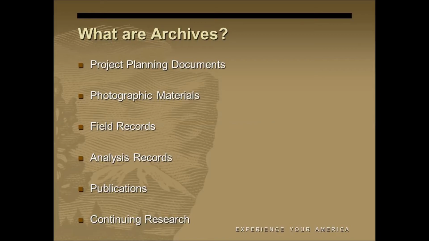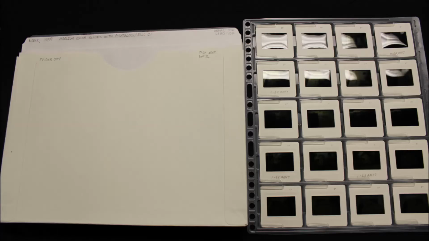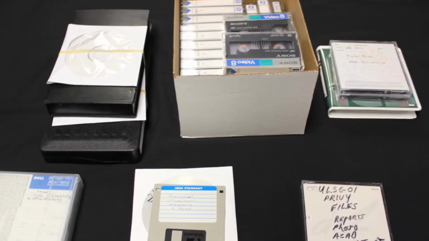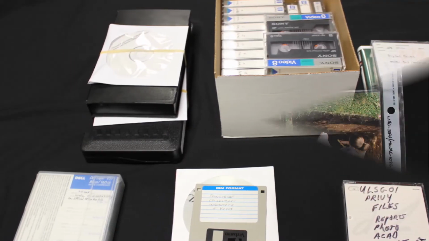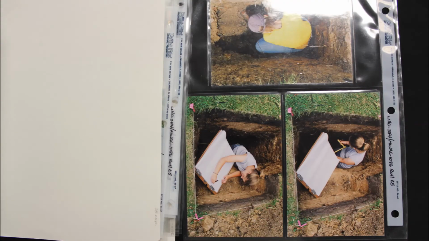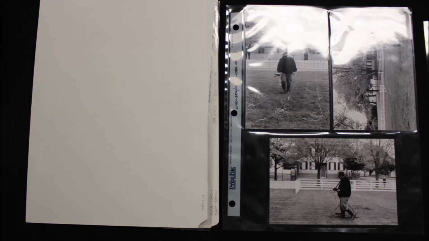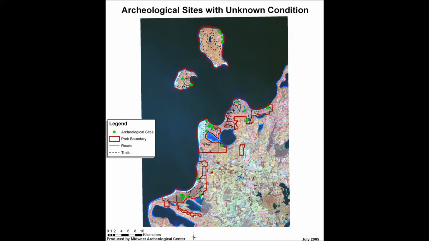There are 6 general types of archives. They include project planning documents, such as relevant historical research, work plans, and related correspondence; photographic materials such as film, video, and aerial footage documenting digging conditions, soil profiles, crew composition, and artifact assemblages; field records such as field notes, excavation documentation, site registration forms, hand-drawn or annotated maps, and may include oversized maps or records and GPS waypoints;